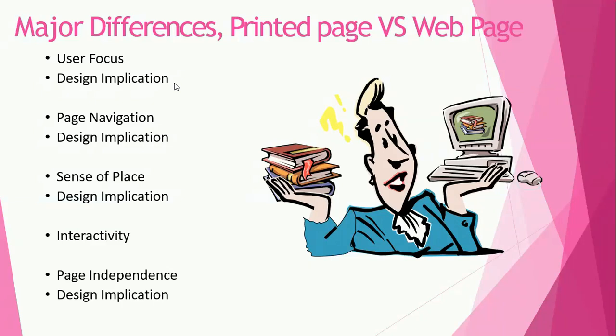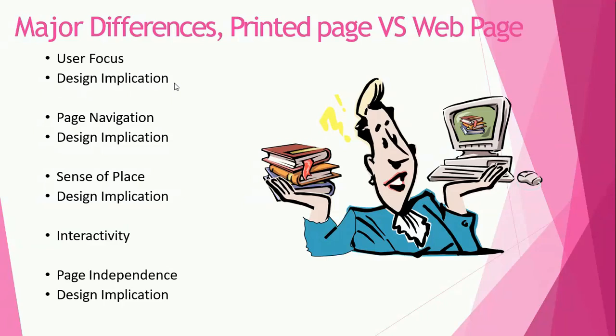So whenever a web page is opened on a particular screen, it is an independent web page. There is no need for a developer to understand the user's knowledge, what he has previously read, or what he will read next. All this information he doesn't need. Every page in a website is an independent page.